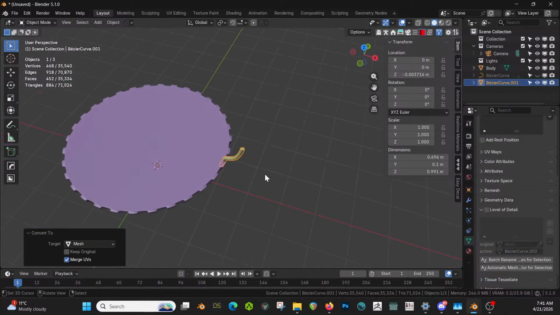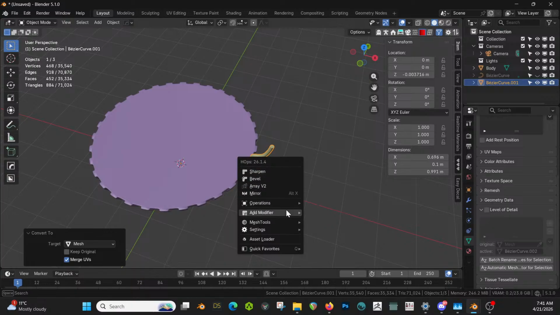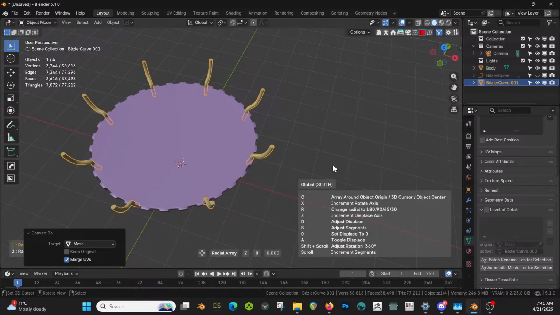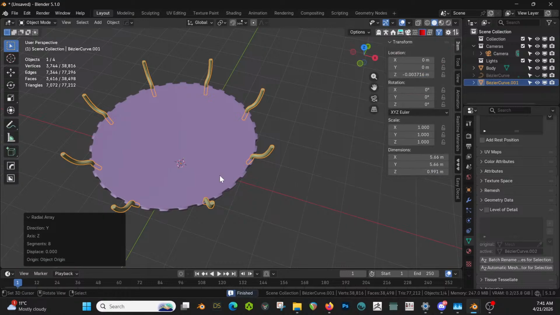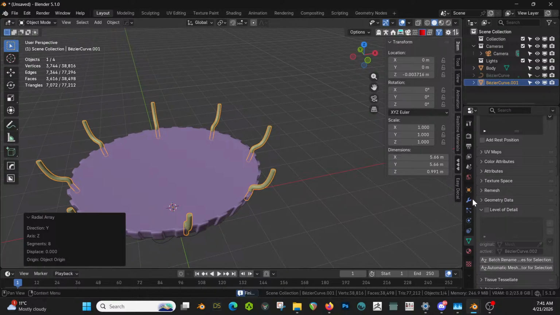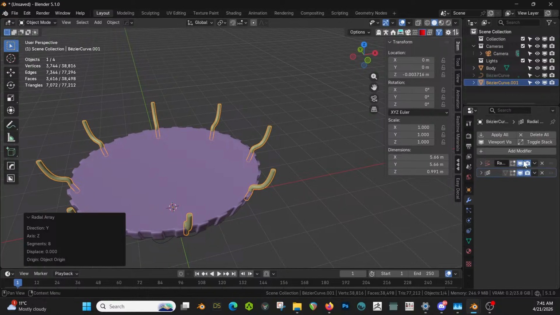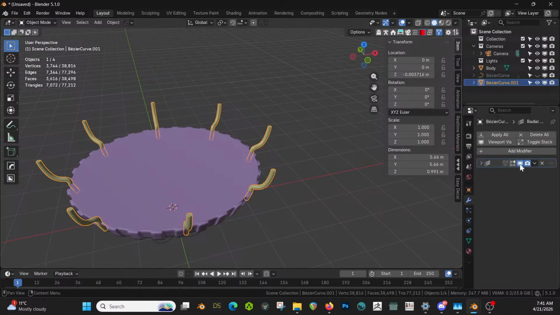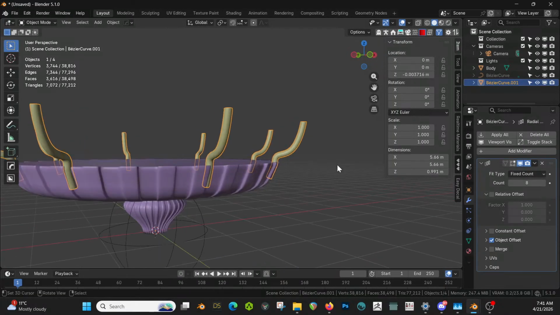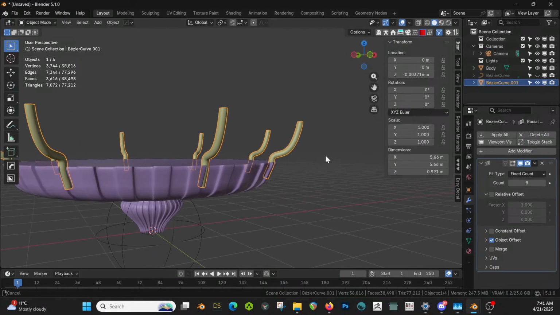Okay. Now, radial array. Cool. How many does that give us? Actually, don't need this one because we're not offsetting it any. 8. 8's good. Offset to 64. Cool. Now,